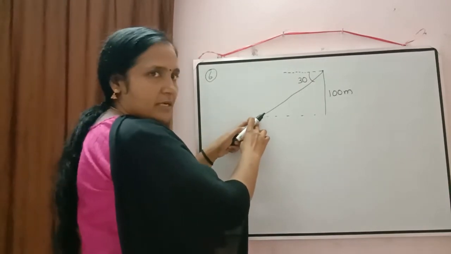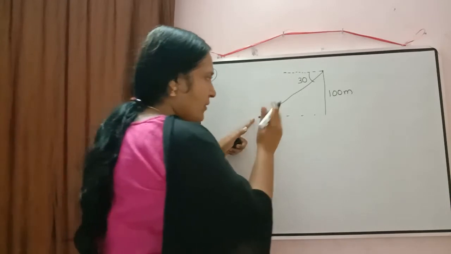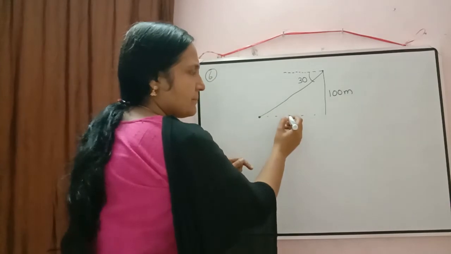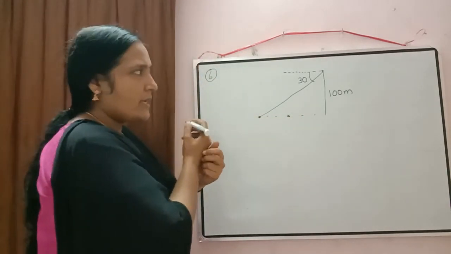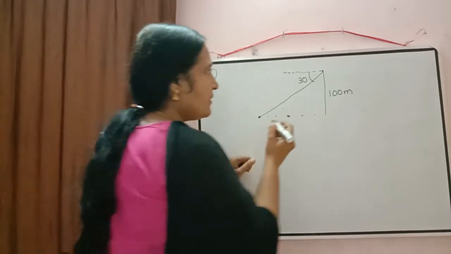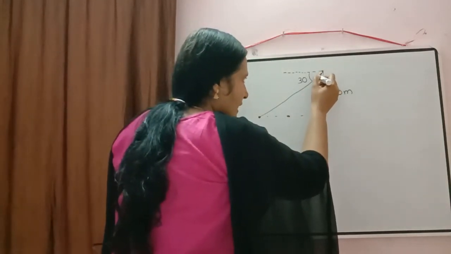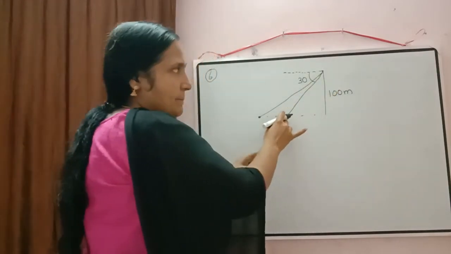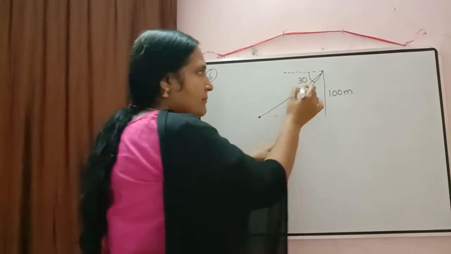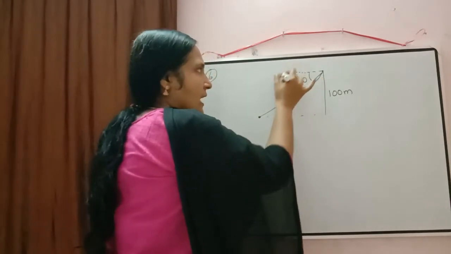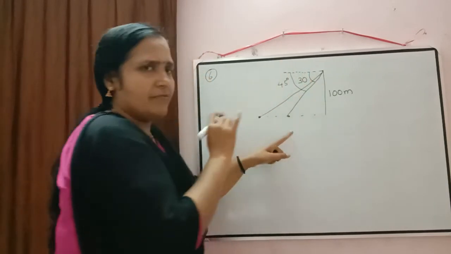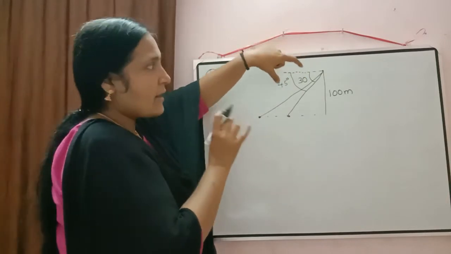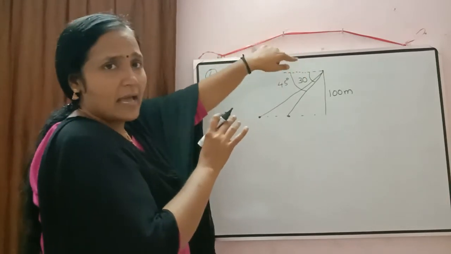So first when we observed, this was the position of the ship, and now it changes from 30 degree to 45 degree. Now the position of the ship is here. So again angle of depression only will be formed. First what we will do? We will draw the diagram in this way. This is the line. We are looking from this point to this ship there. So where will the angle of depression come? Again it will come with the horizontal line here, 45 degree. We are not going to do any calculation here, but we just have to show the angle of depression in the diagram. That's why I have drawn this line.